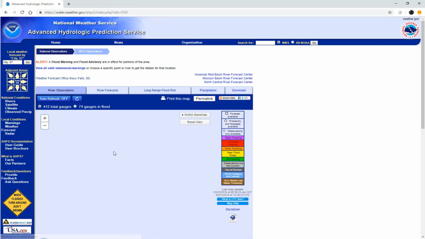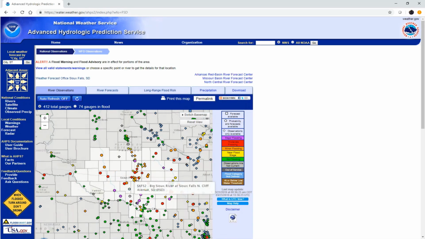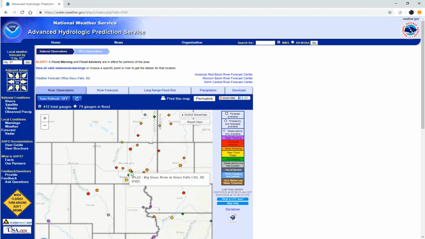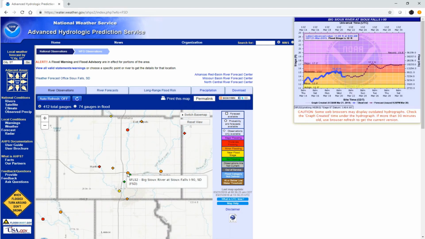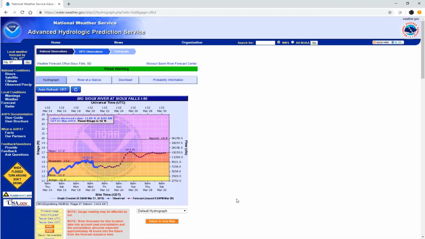For either of these maps, you can find more information about a particular river gauge simply by zooming in on the map. You can do that with the scroll wheel on your mouse or the plus and minus signs in the upper left-hand corner of the map there. For this example, we'll use the Big Sioux River at Sioux Falls near I-90 gauge. You just simply click on the dot, and that's going to bring you to a page with more information about